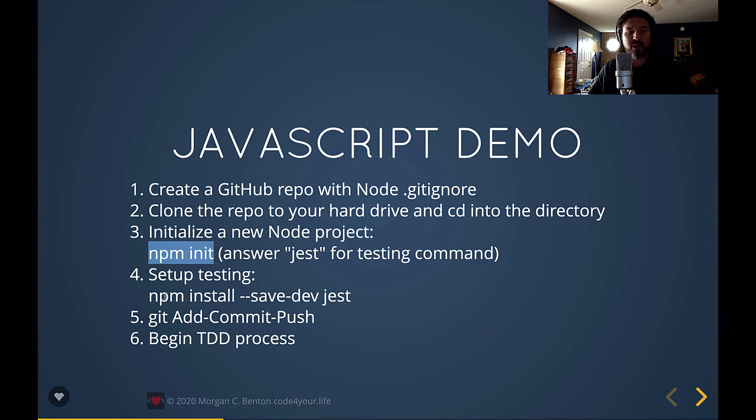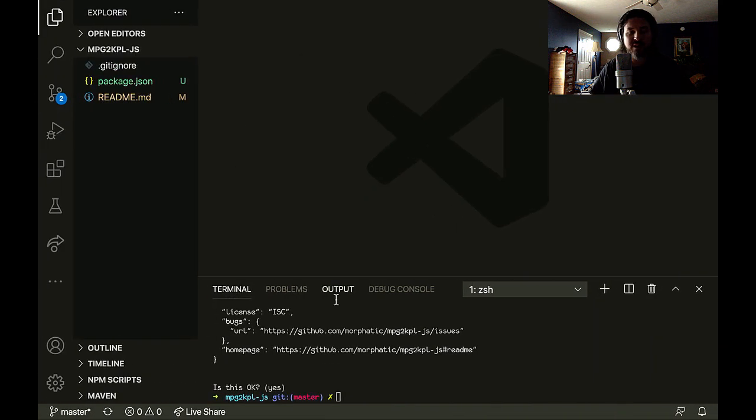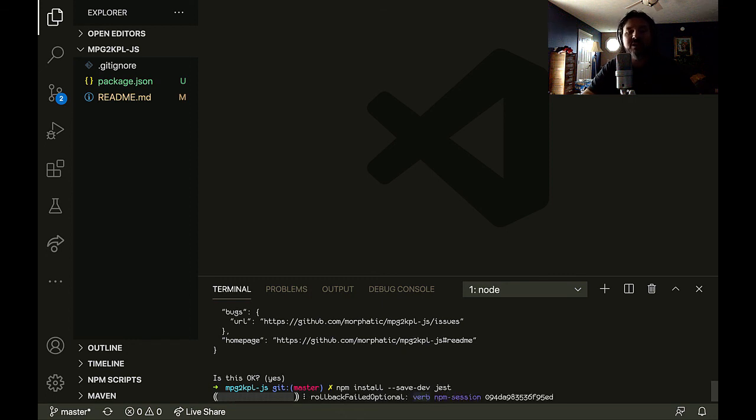To do that, we're going to install an npm package called Jest, J-E-S-T. So I'm going to type npm install --save-dev jest. Do that from the command line. npm install --save-dev jest. What this is going to do is go out to the web, and it's going to